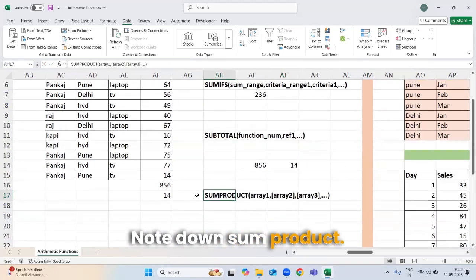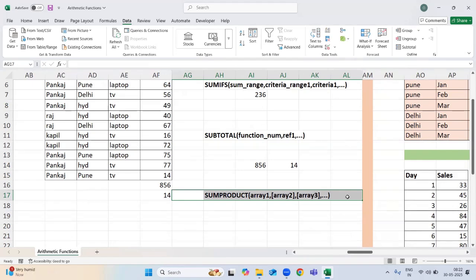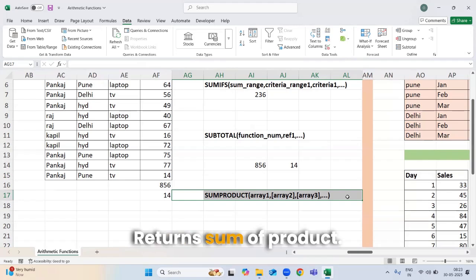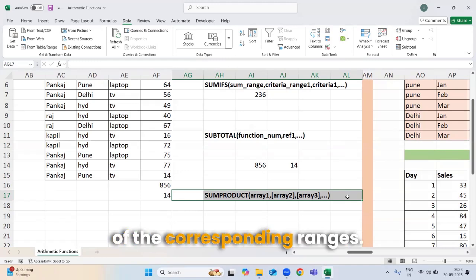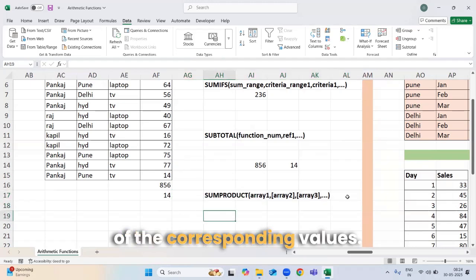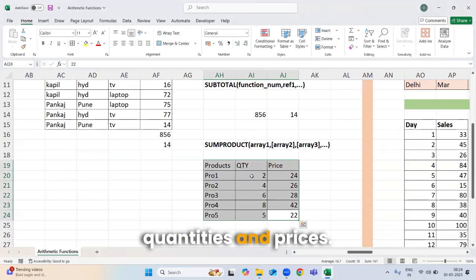Note down SUMPRODUCT. Note down the syntax also. It returns the sum of product of the corresponding ranges. Here I have some quantities and prices.